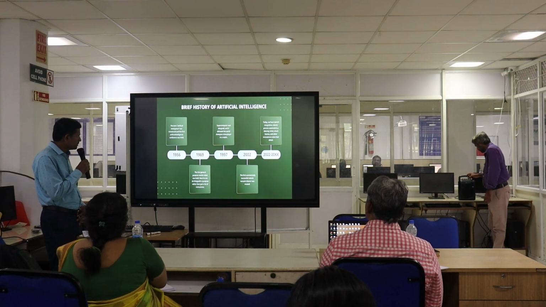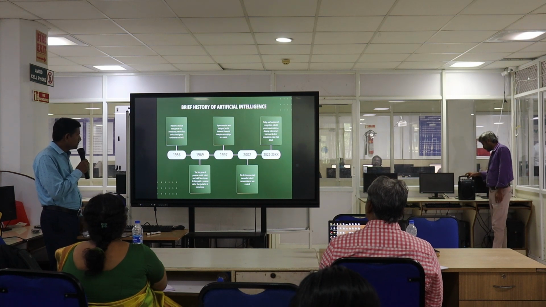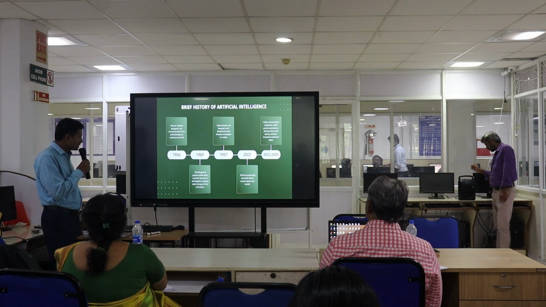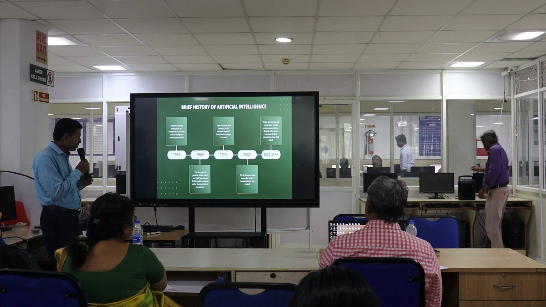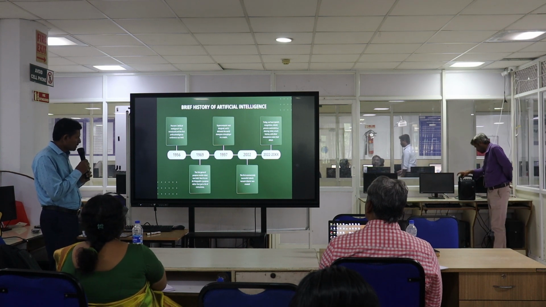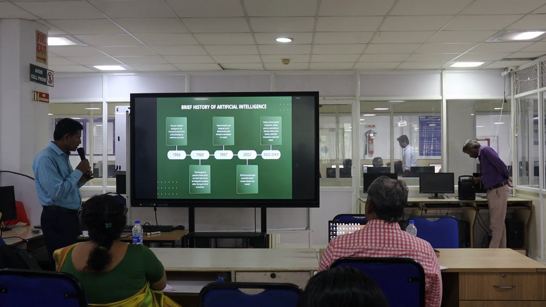It started around 1956, when the term artificial intelligence was introduced and the first artificial intelligence conference was held. Later, in 1969, the first general purpose mobile robot was built, which could do things with a purpose rather than just follow a list of instructions.